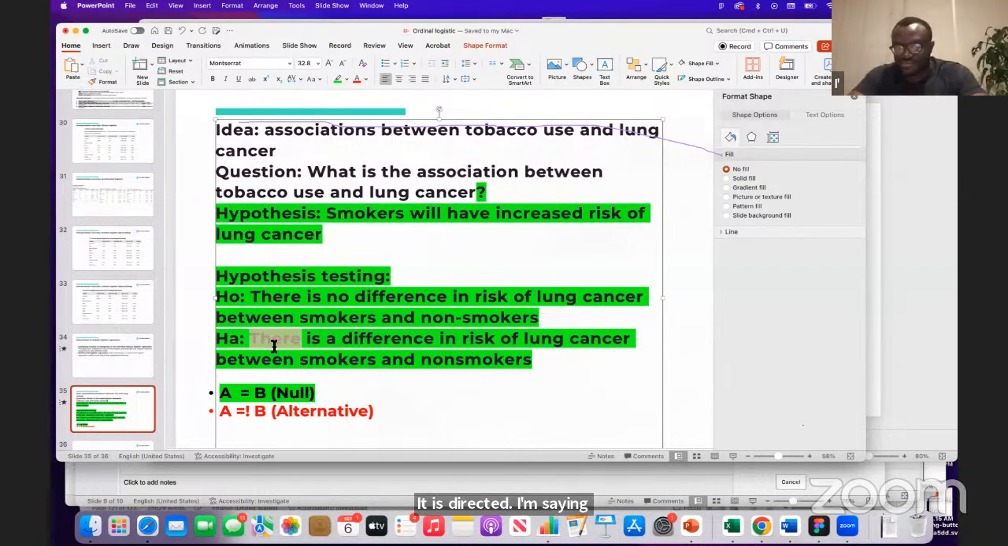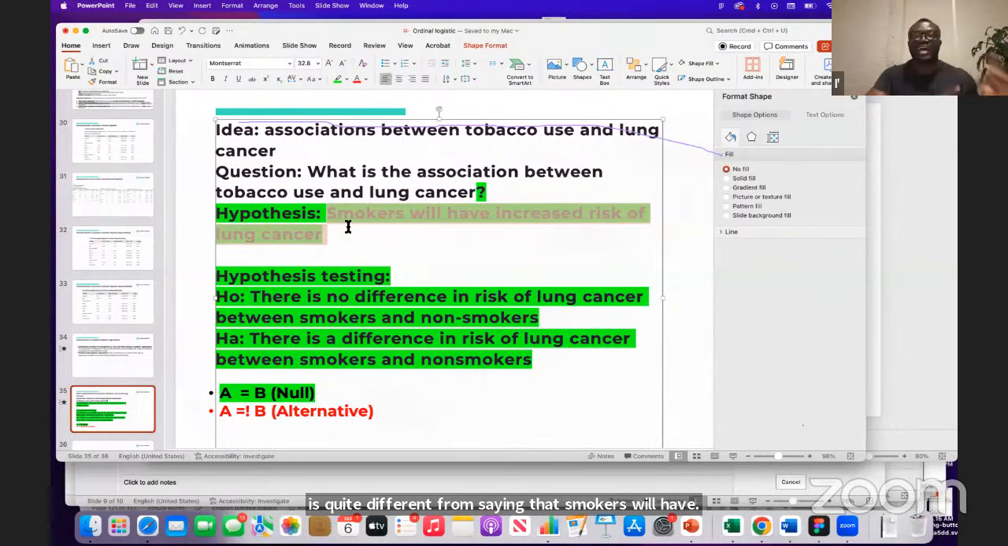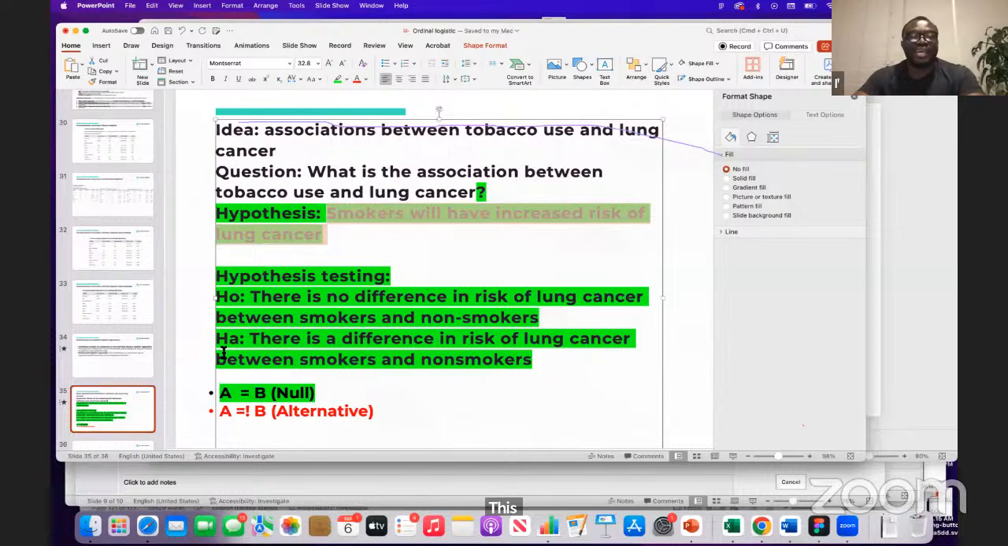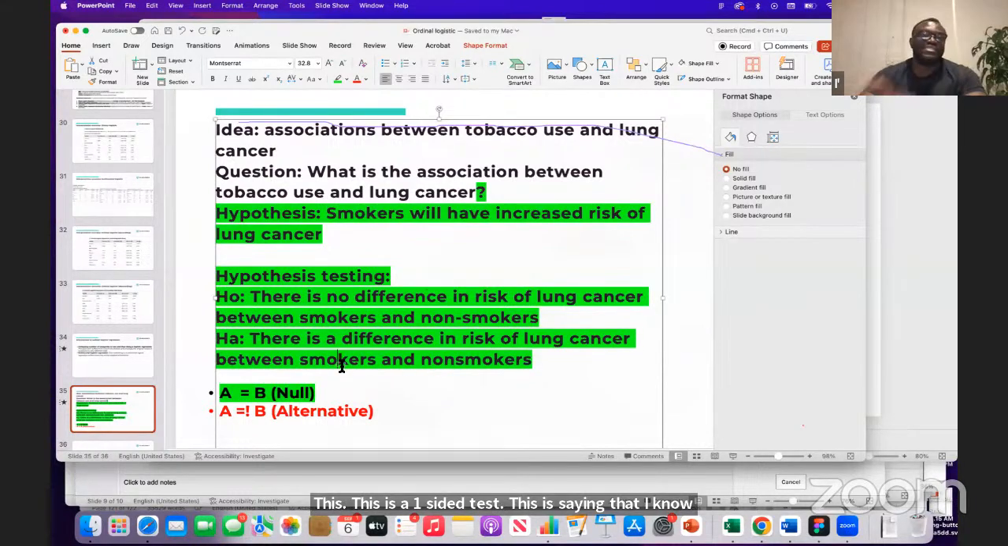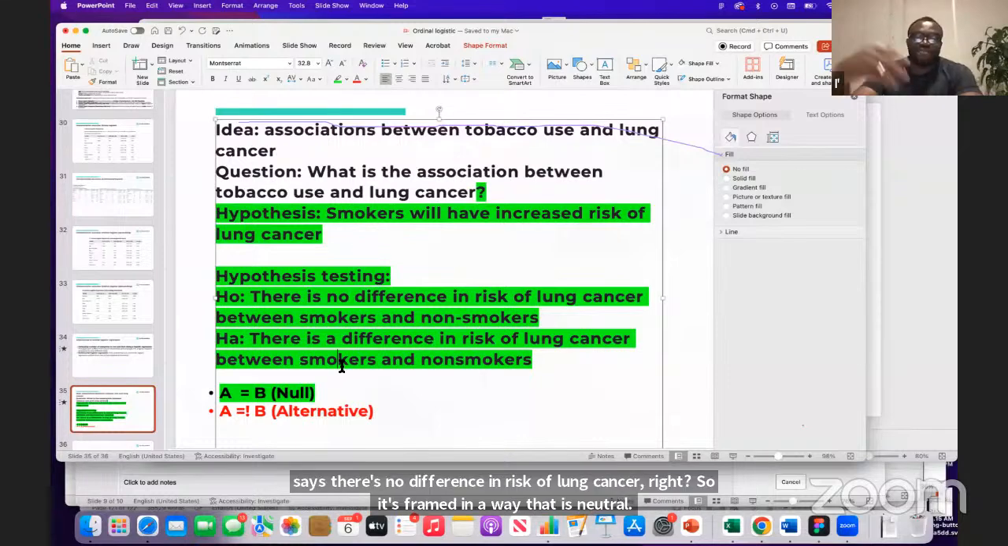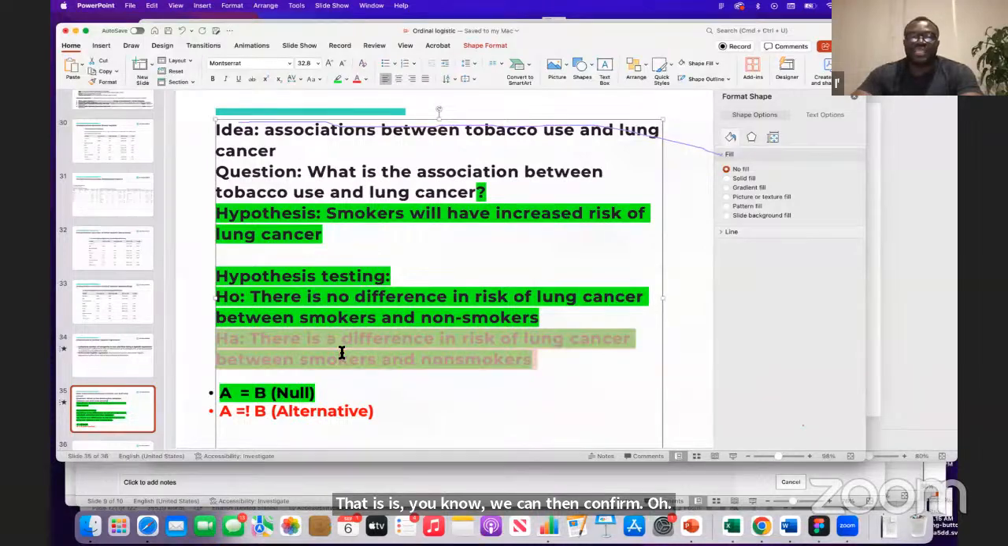The alternative in a two-way testing mode says, well, there's no difference. This is quite different from a one-sided test, which says I know the direction is going to go, right? The alternative simply says there's no difference in risk of lung cancer, right? So it's framed in a way that is neutral, and we can then confirm, is it true that there was no risk? The sample size for a two-sided test is larger, and so that allows us to test